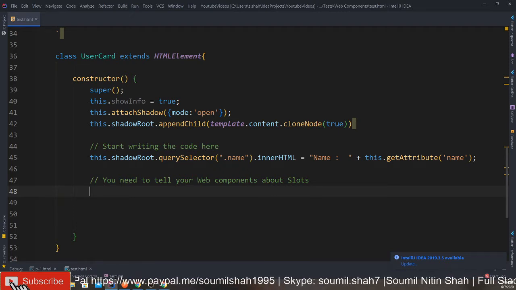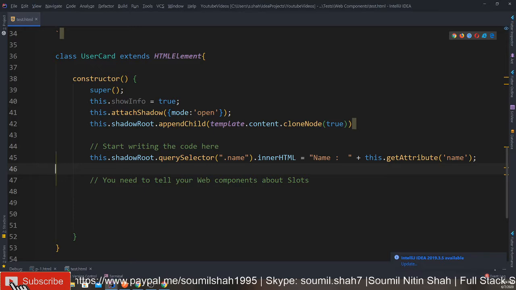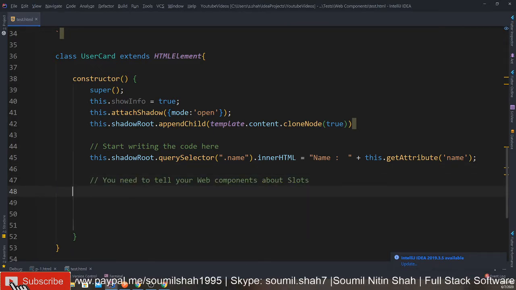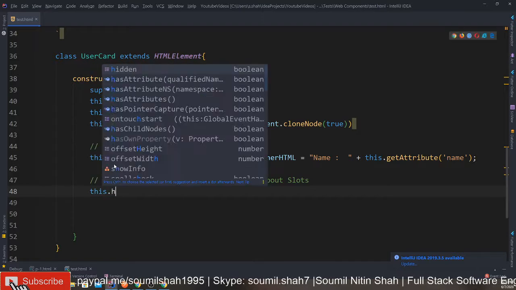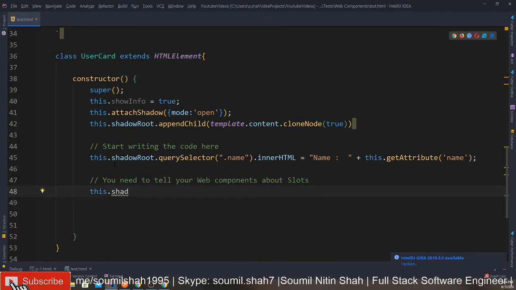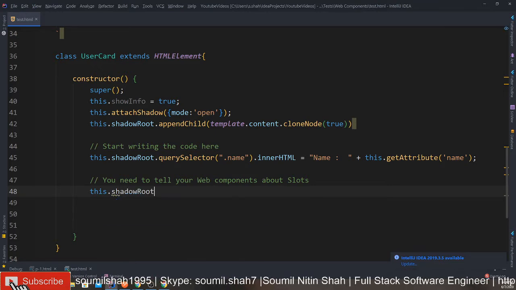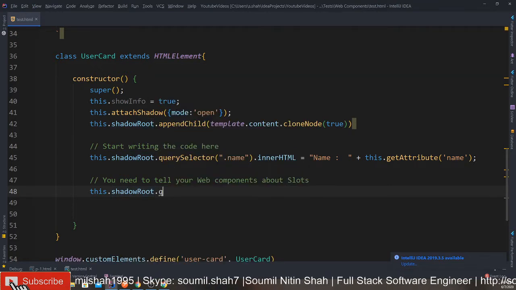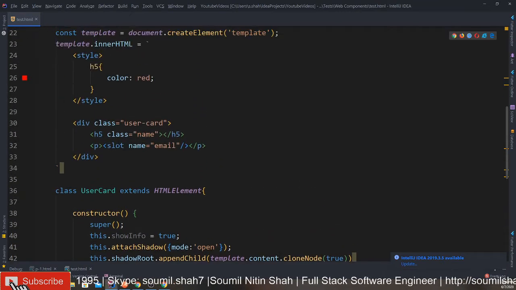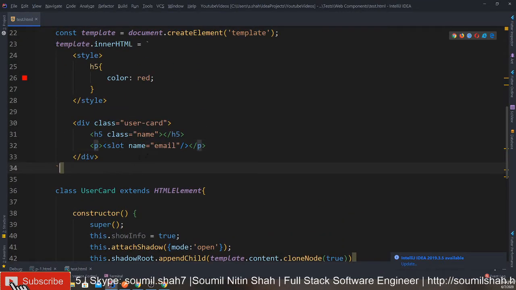We will write some script. So we'll say this dot shadow root, and we'll say query selector as usual. Now you want to select that element, right? This element right here.